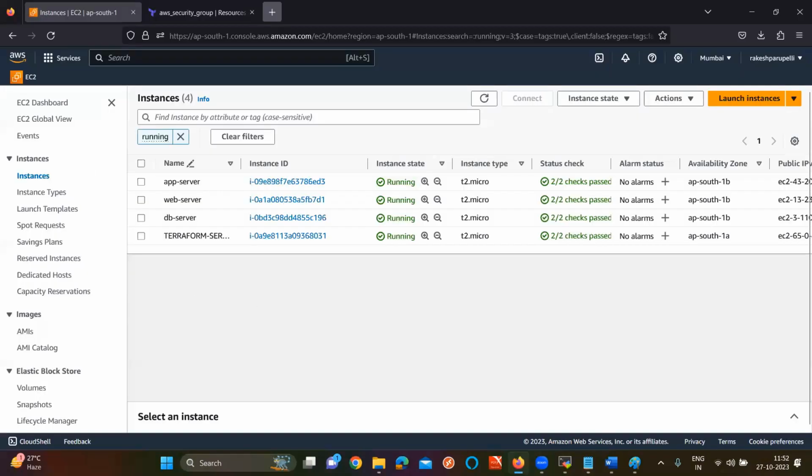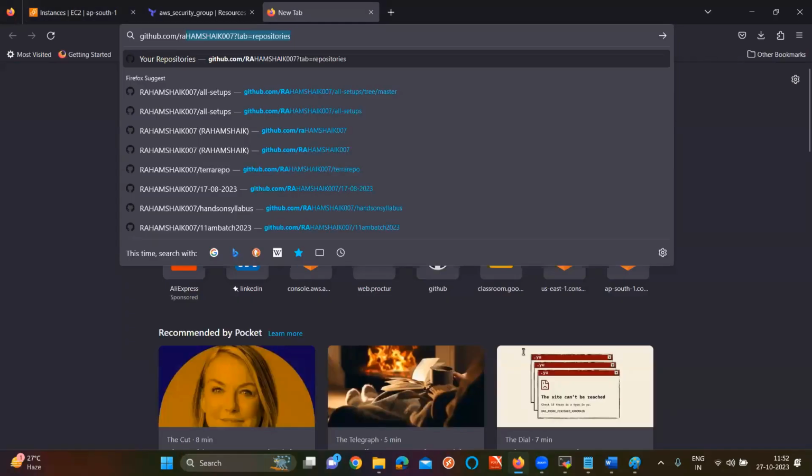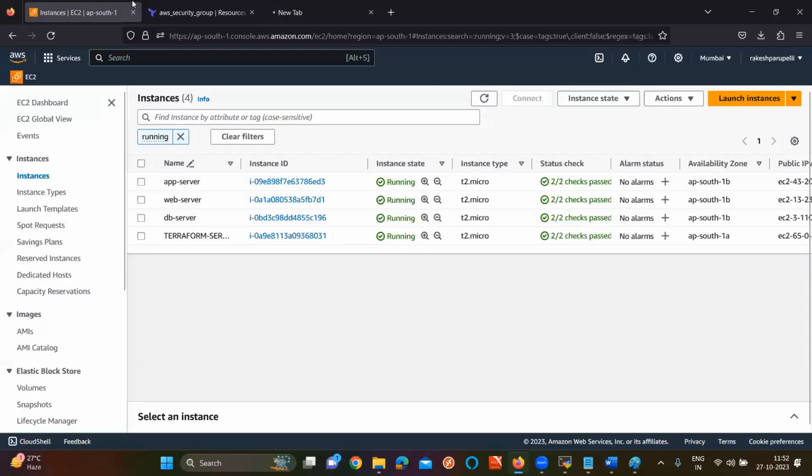It's taking so much of time actually. See, server also got disconnected.